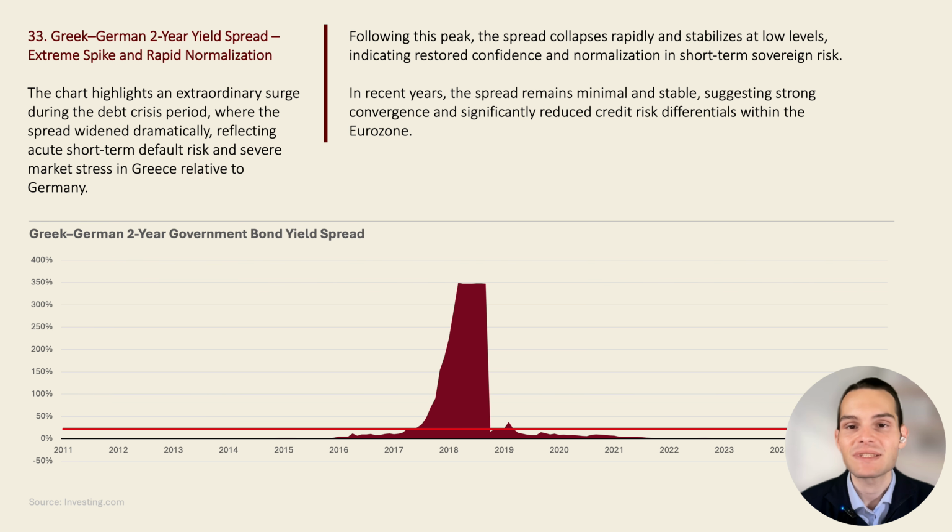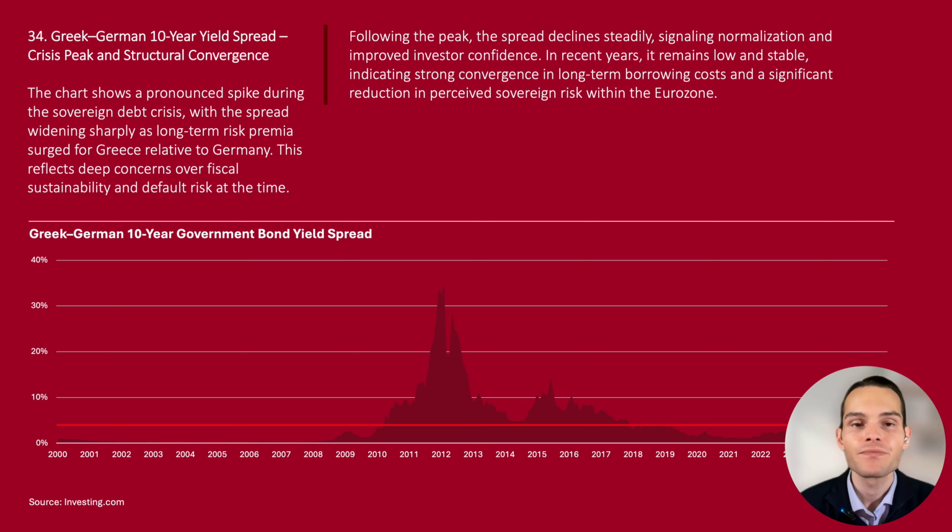This chart examines the spread between Greek and German 2-year government bond yields. The dramatic widening during the sovereign debt crisis reflects the intense market stress and default concerns surrounding Greece at the time. As financial conditions gradually stabilized, the spread narrowed significantly and moved toward much lower levels, indicating reduced sovereign risk within the Eurozone. The 10-year spread became one of the clearest indicators of sovereign stress during the European debt crisis,